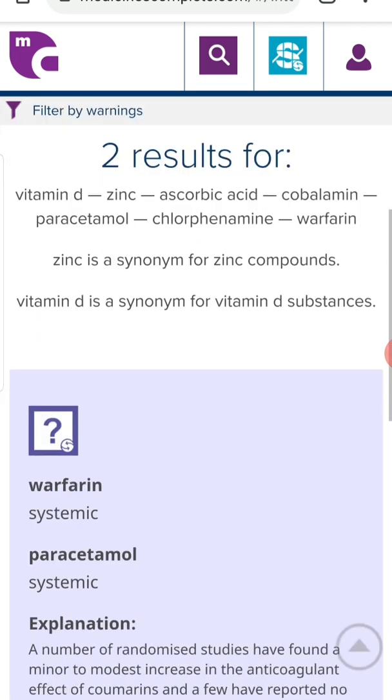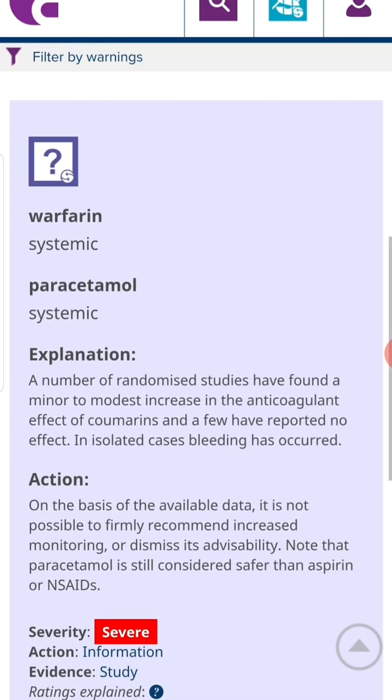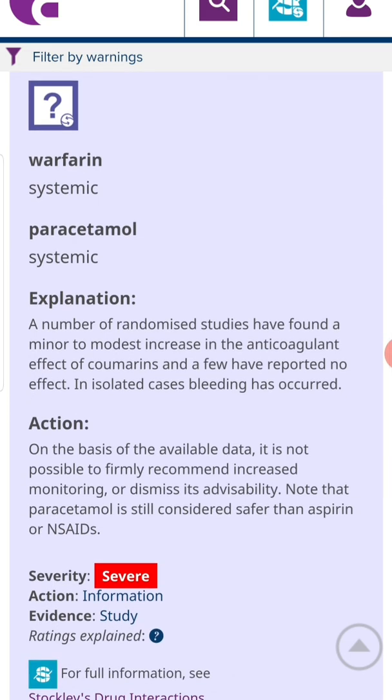So when you combine warfarin with paracetamol, there is an explanation that there is a severe interaction. A number of randomized studies have found a minor to modest increase in the anticoagulant effect of coumarins, and a few have reported no effect.